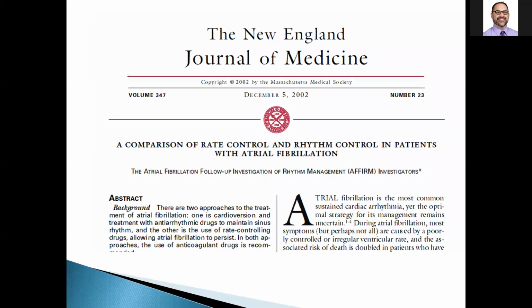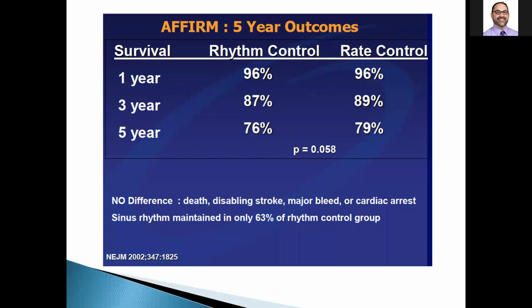This is a comparative study done in 2002, the AFFIRM trial looking at 5-year outcomes for rhythm versus rate control. Take home point, no difference in death, stroke, major bleeding, cardiac arrest in either group. So rhythm versus rate, same 5-year survival,